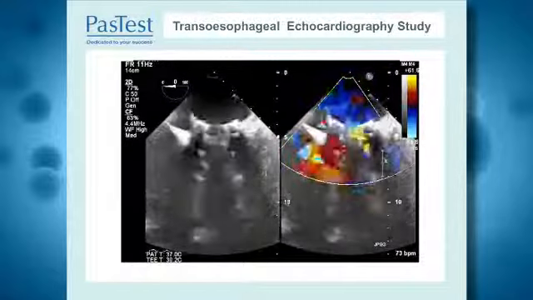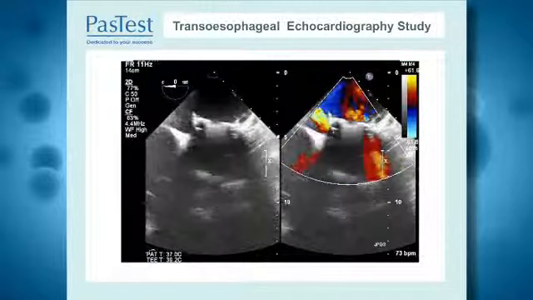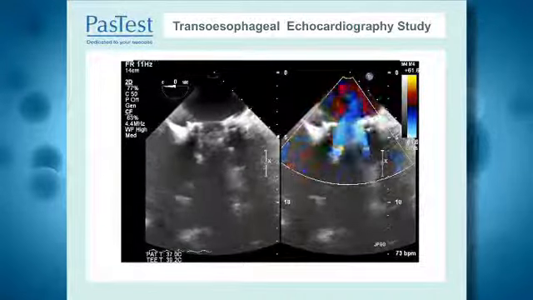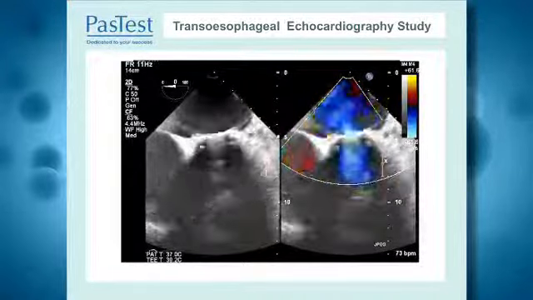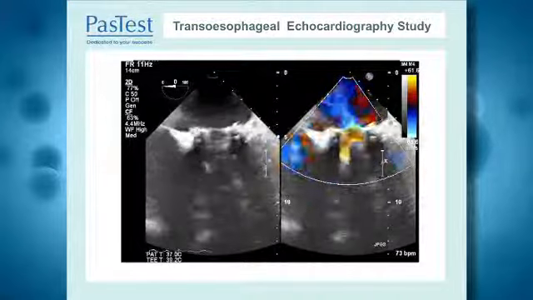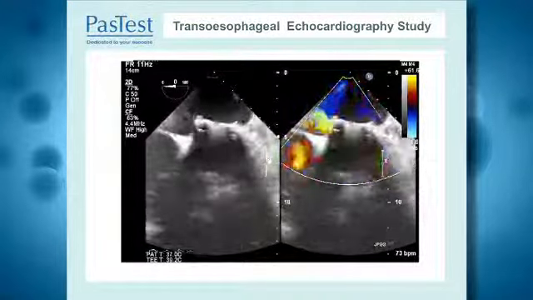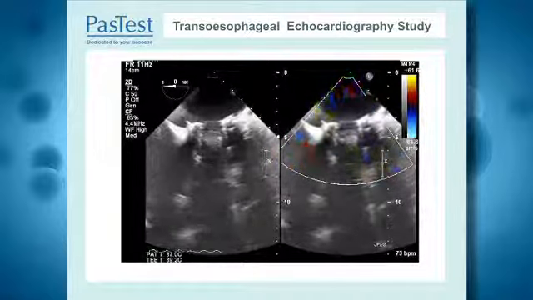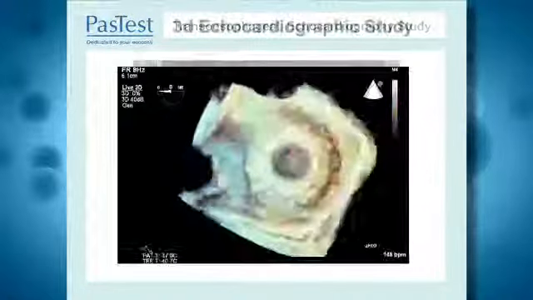The second slide is a transesophageal echocardiographic study of the same patient. In this slide here, on the left side of your screen, you can see the valve rocking around, and on the right side of the screen, you can once again see that very prominent regurgitant jet. The finding of this valve which is rocking around and this marked regurgitation in context of what looks like a mass present as well is very, very suspicious for a patient having endocarditis.